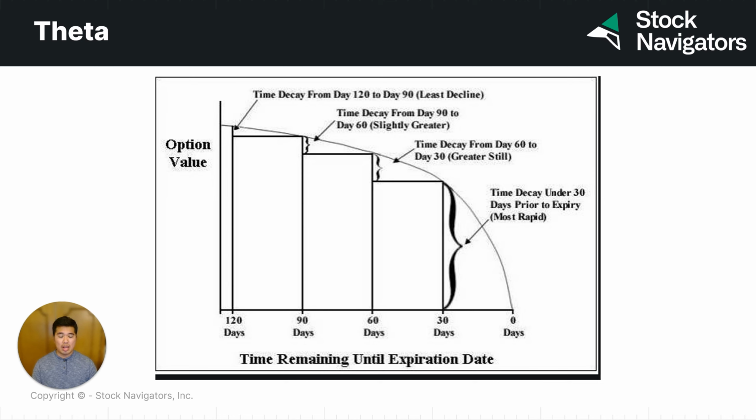But this speed is not linear, it's not a constant slope where each day you lose a fixed amount of money. The time decay is most likely a parabolic curve, where the last 30 days of an option is where the time decay is the most rapid, and the last week of an option is when the time decay will